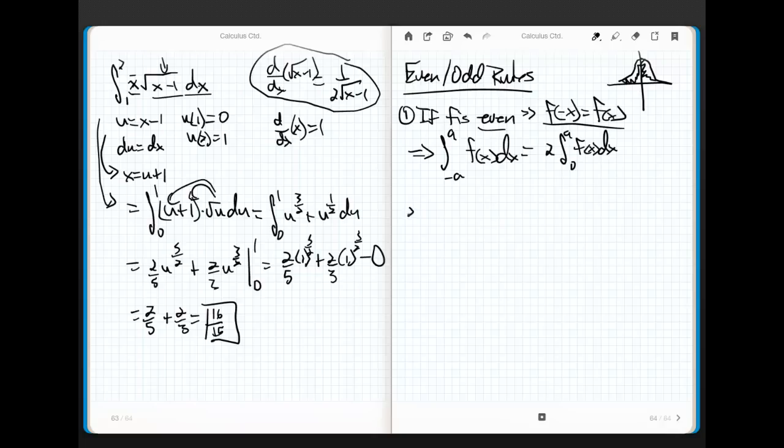Now look at this, 2. Now notice, wait, I've got to slow down. Your spidey sense should immediately start tingling when you have an integral from negative a to a. That's the rule. If you see an integral from negative anything to anything, start asking yourself, is the function even or odd? Okay, that's really key. So the next move, if f is odd, all right, then we know that f of negative x equals negative f